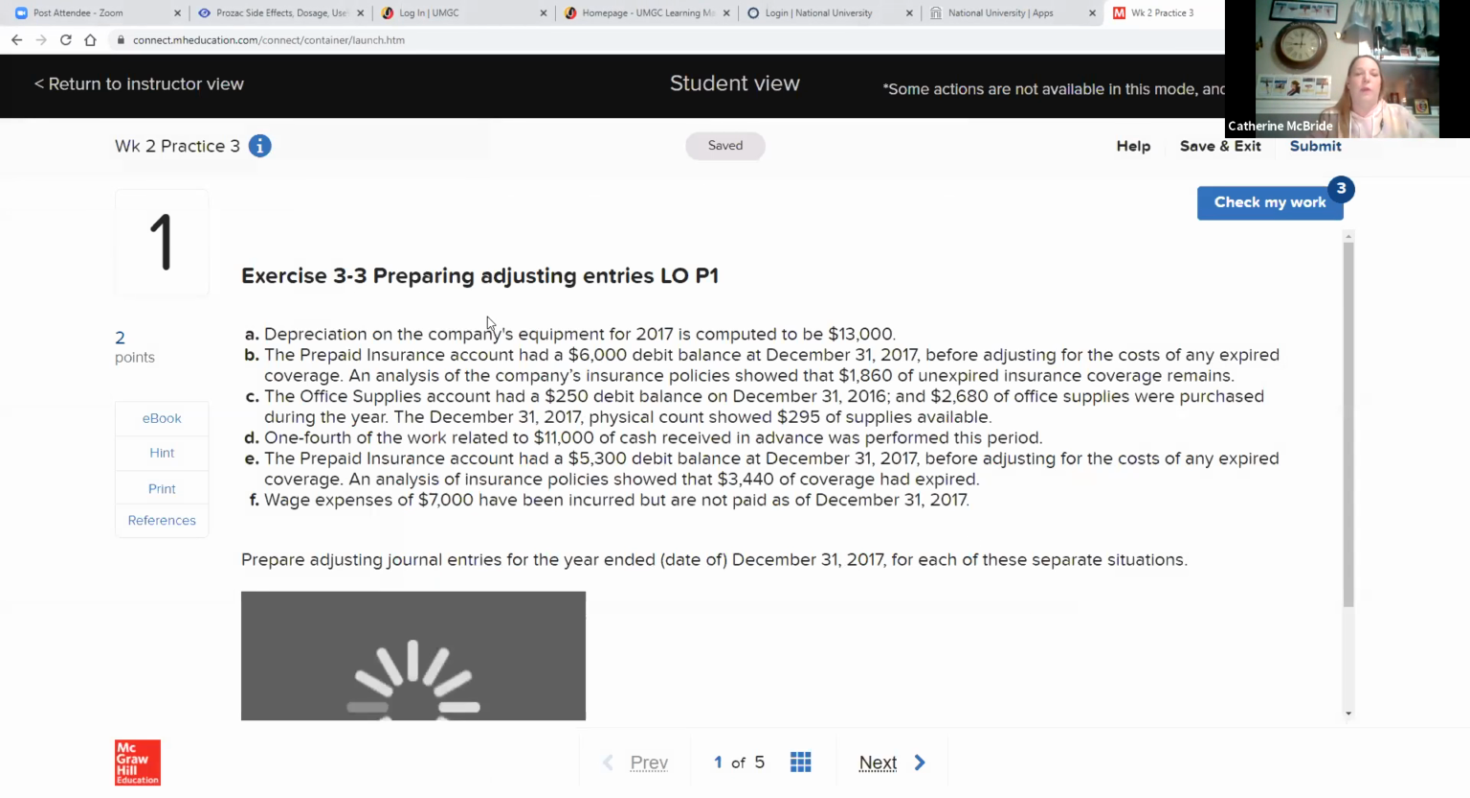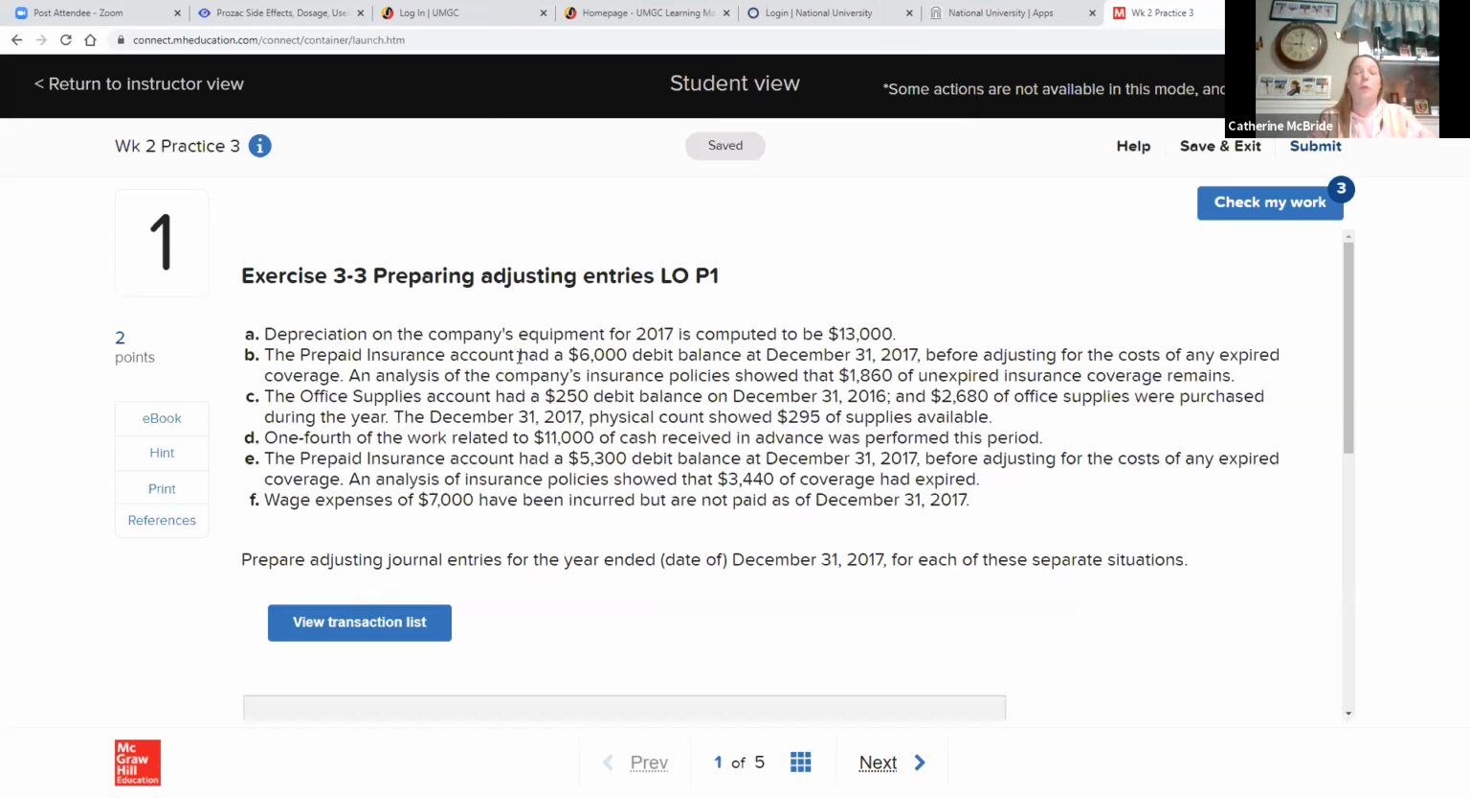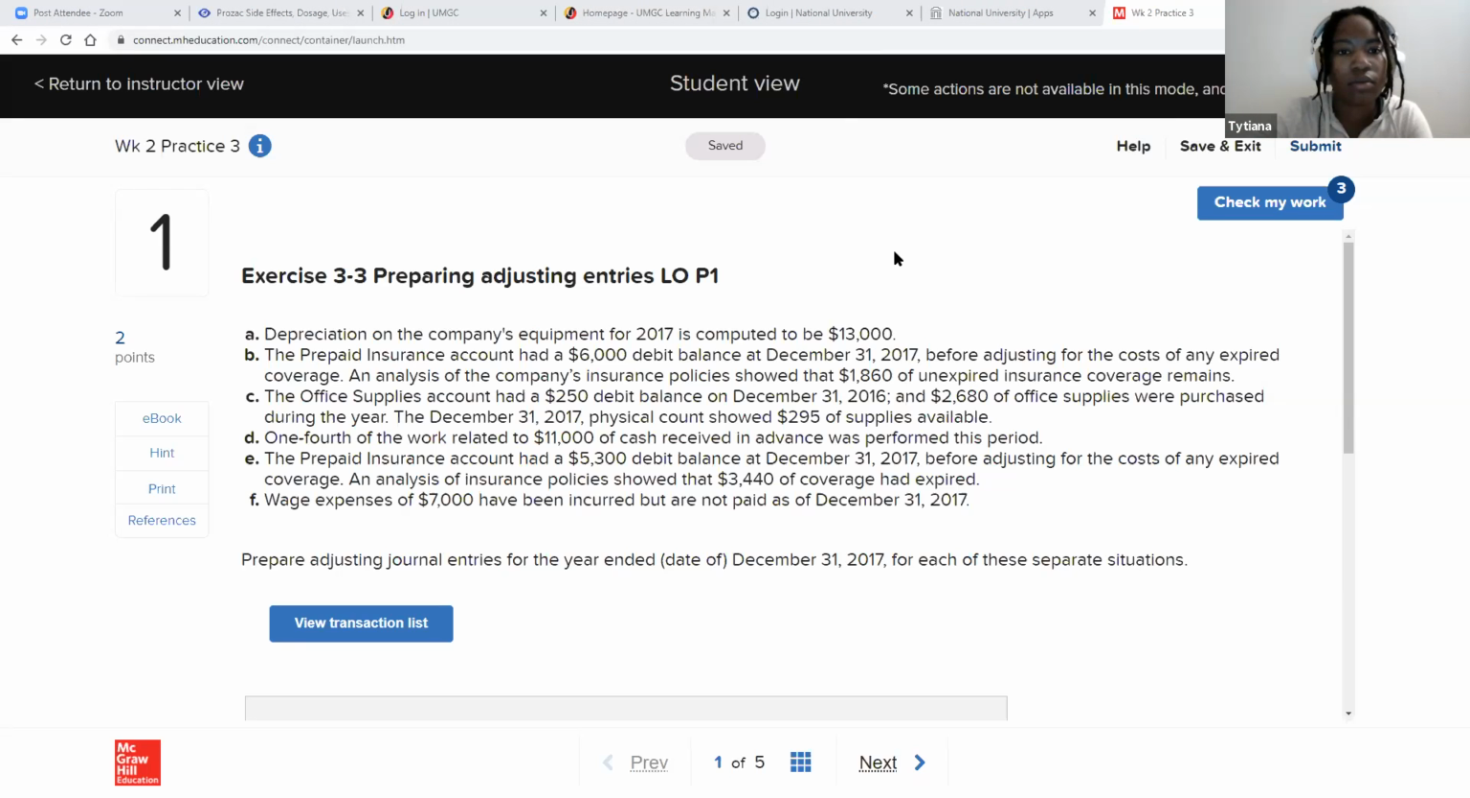So I've just pulled up your practice problems for this week. And we're starting here. Am I sharing my screen where it says exercise 3-3? Yes. Okay, perfect. So these are adjusting entries, and we're going to work through the adjusting entries, but we'll also